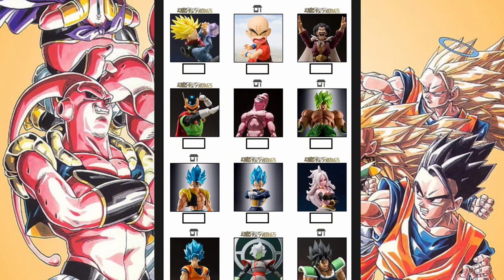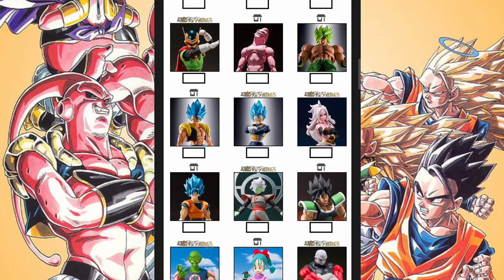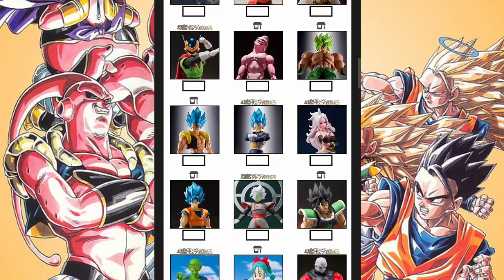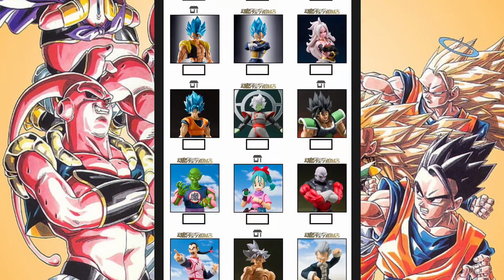Great Saiyaman. Well, like I said, for the most part it fits, right? But you can see the general theme there was duos. And then of course we get Super Boo. Super Boo can go with Gotenks. Okay, Dragon Ball Super Broly comes out, so of course they're gonna make figures to go along with whatever the major animation is at the time. Zamasu, whatever, is finishing up Dragon Ball Super.